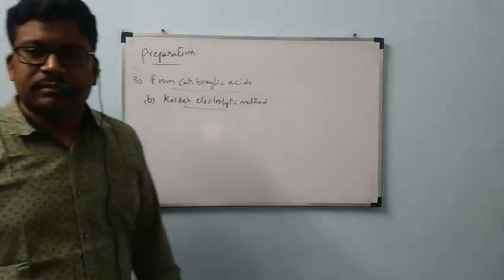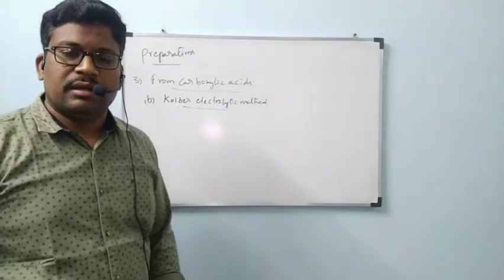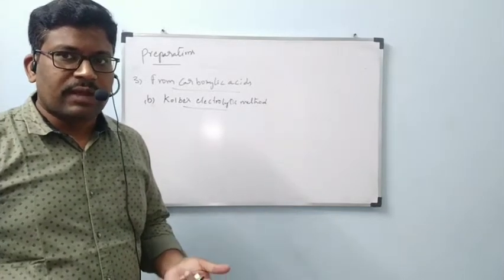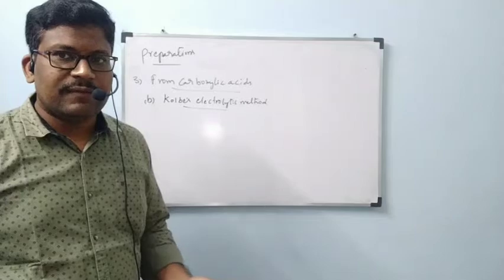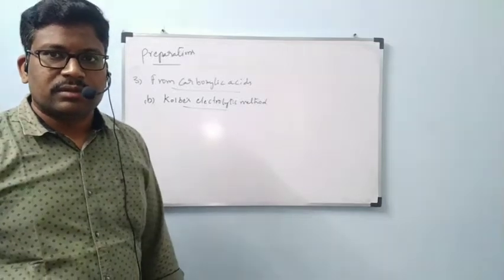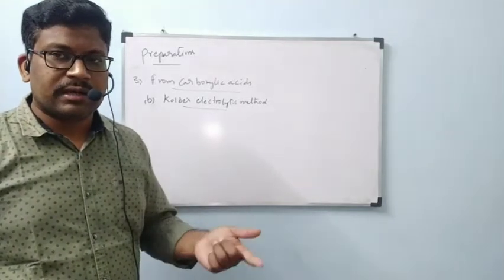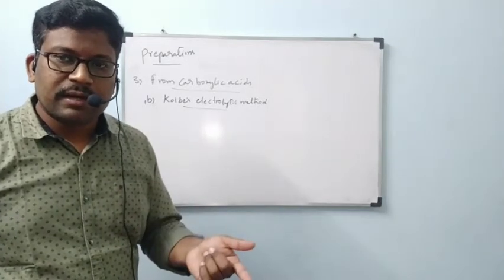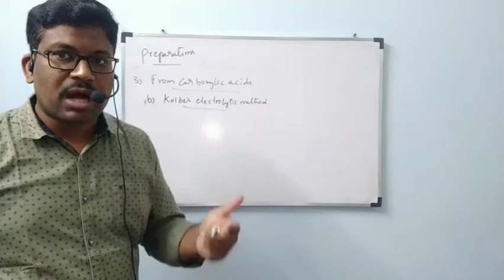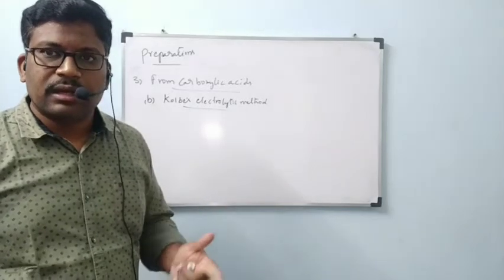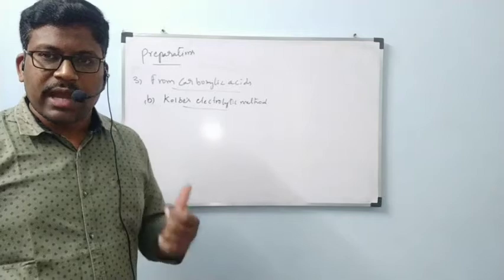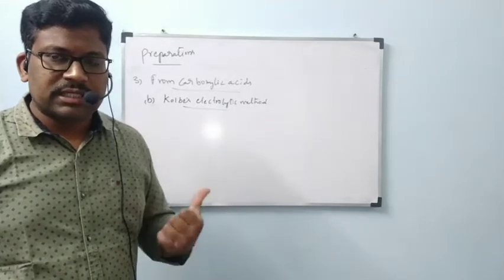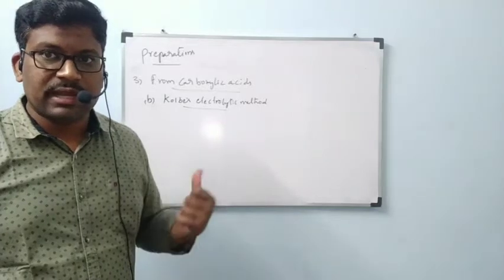Kolbe's electrolytic method. From the heading itself we can understand that electrolytic means we have to take the help of electrolysis, meaning we are using electrical energy. So one plate must be connected to the positive terminal of the battery, and another plate to the negative terminal, with cathode and anode discussions here. I am roughly drawing a diagram here. Actually your textbook doesn't explain with a diagram, but it is easier to understand with one.